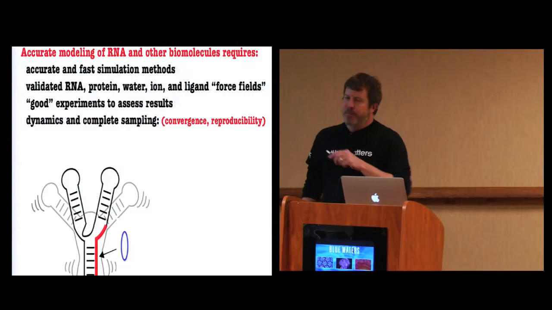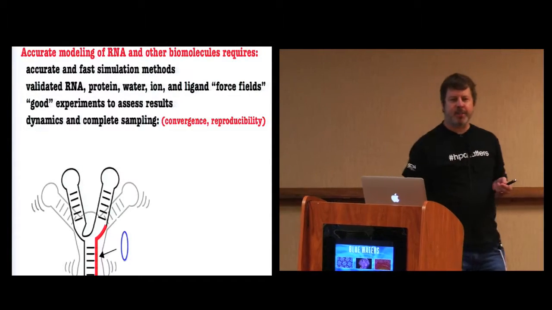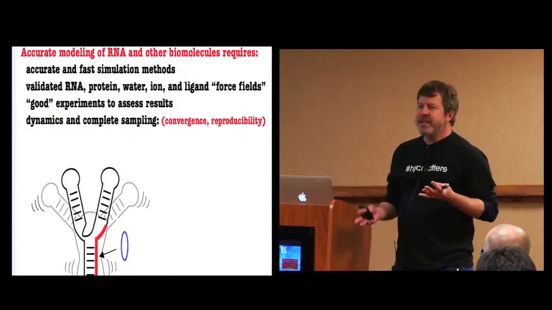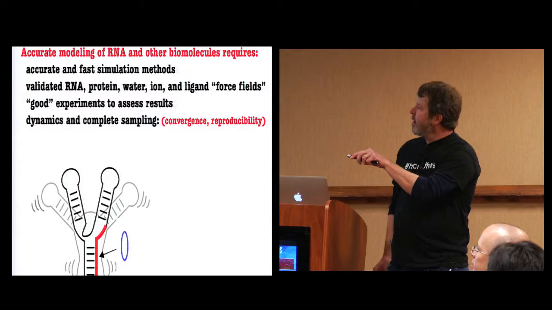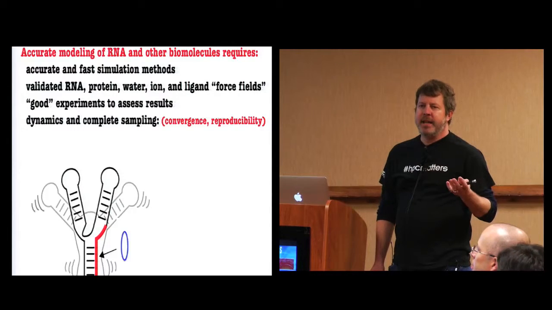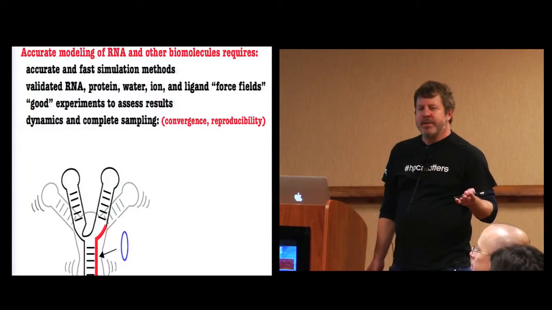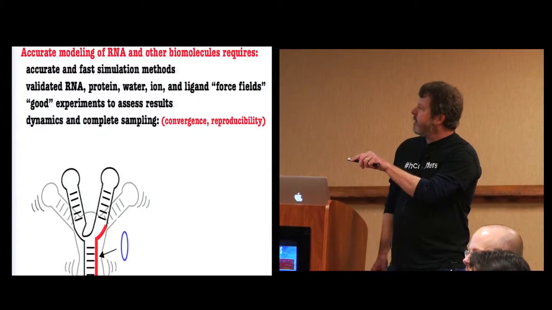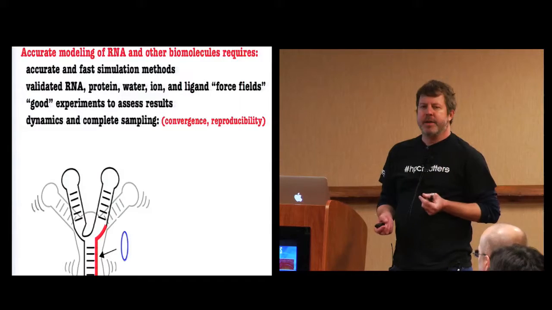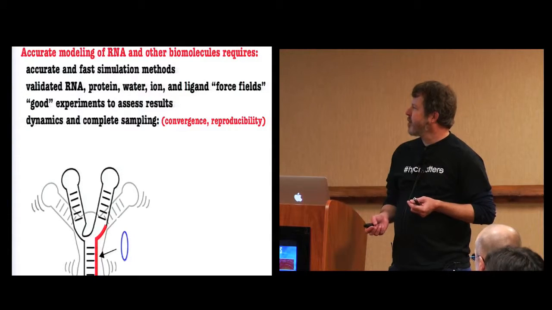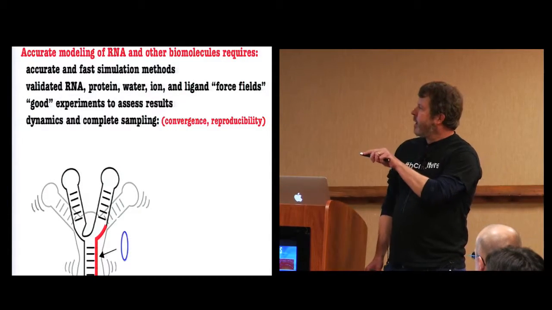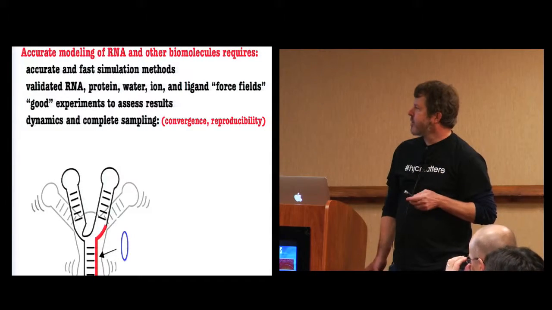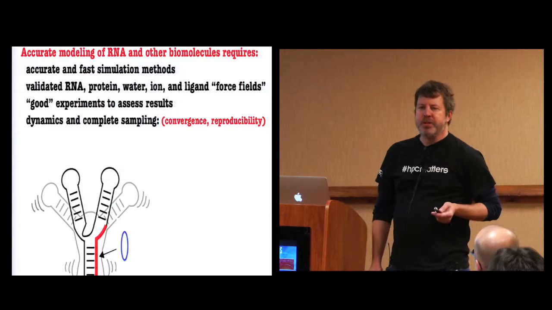And what I want to do is model the structure of RNA as accurately as possible. It requires good balanced force fields, fast, accurate methods, good experiments to assess the results, because you can simulate anything, and unless you can compare it to some form of reality, like an experiment, you can't tell if it's real. We want to be able to get full dynamics and complete sampling of the thermally accessible conformational ensemble. And to reliably do that, we've got to understand the convergence. Are we getting the complete sampling of the conformational ensemble, and are the results reproducible if we start from different